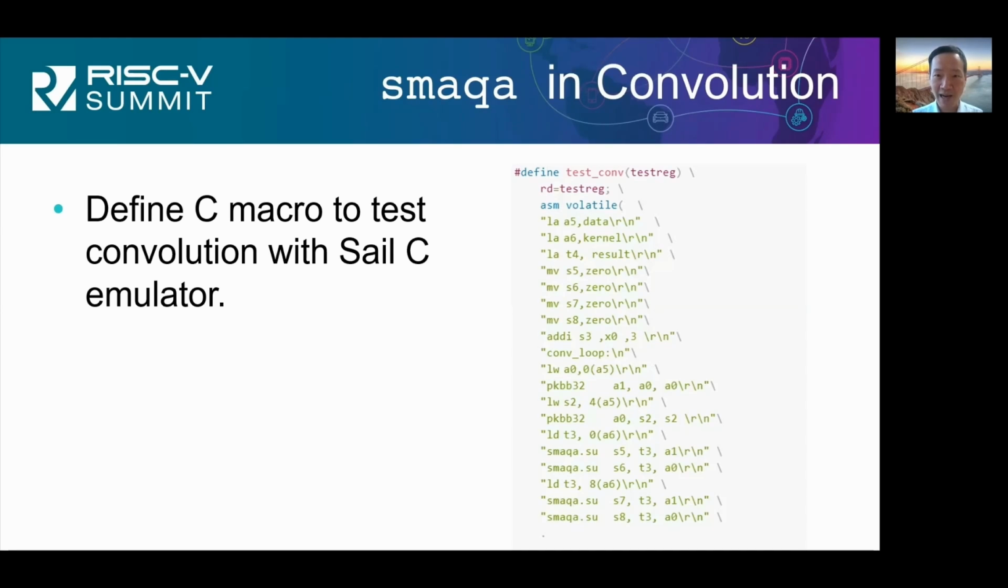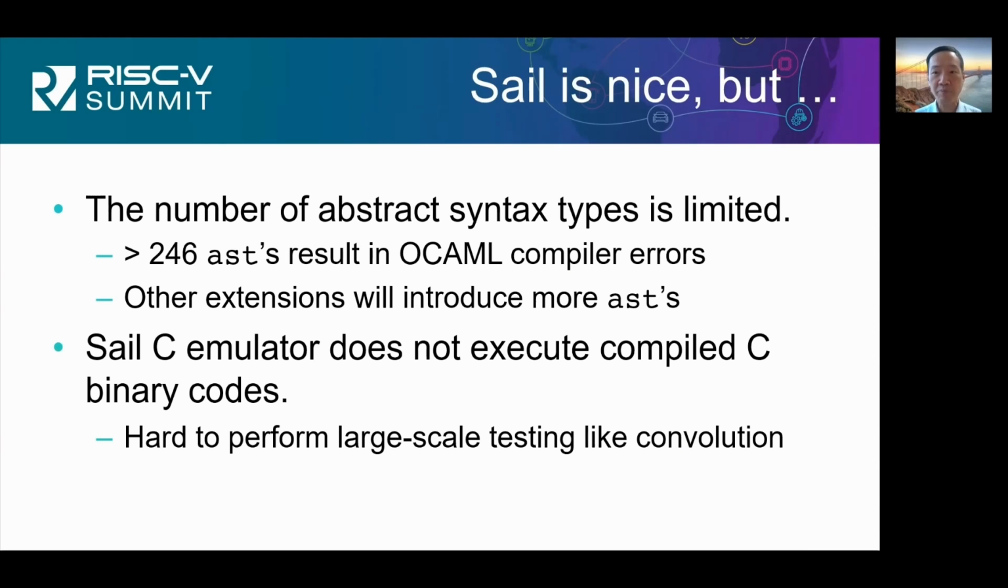So we have this SmartCar instruction specified in CELL, and then we basically use a C macro to have these RVP instructions perform one phase of this convolution, and then we compile this into binary and use the CELL C emulator to run it to test this binary. Okay. So far, I've shown you what a CELL spec looks like and how we write this CELL spec, and also how we test